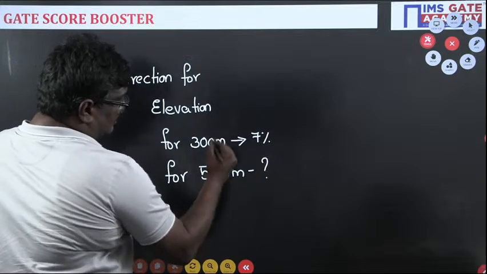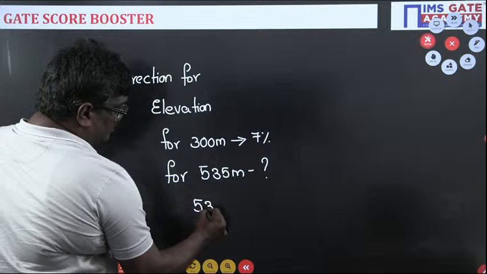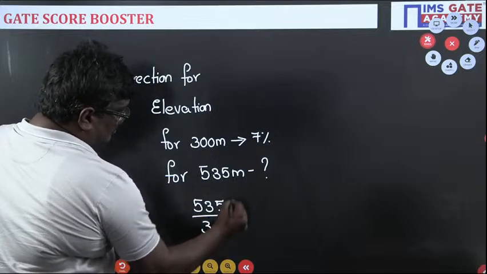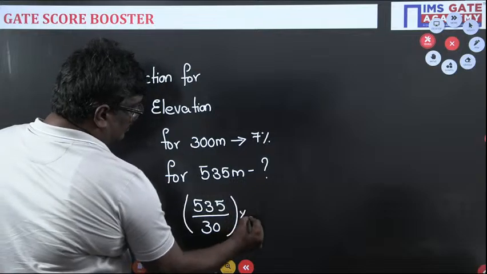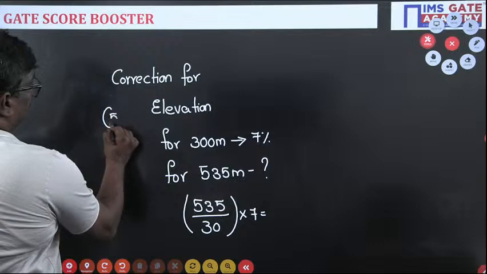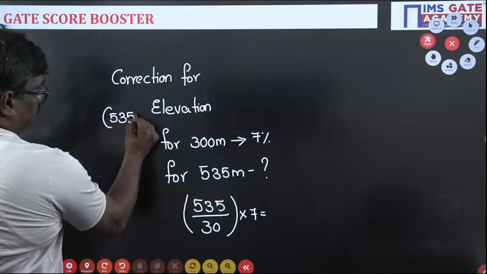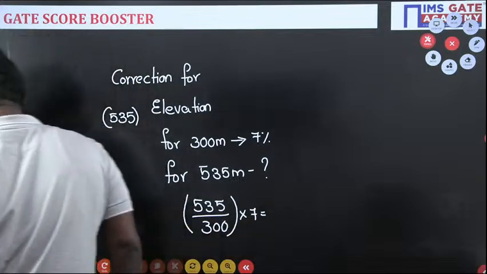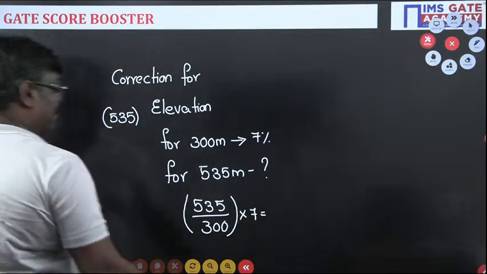It is nothing but 535 divided by 300 into 7, which gives you the correction for the elevation of 535 meter. The value will be